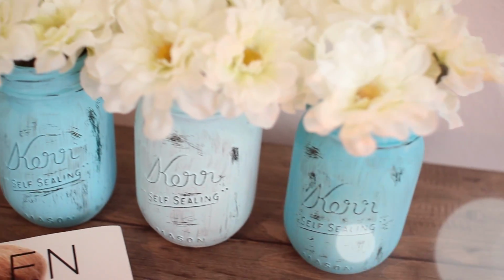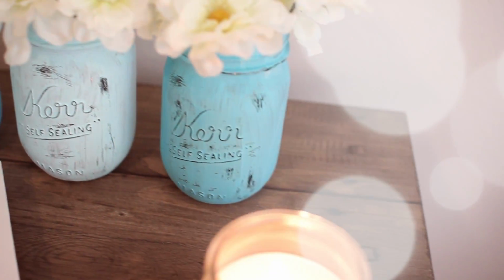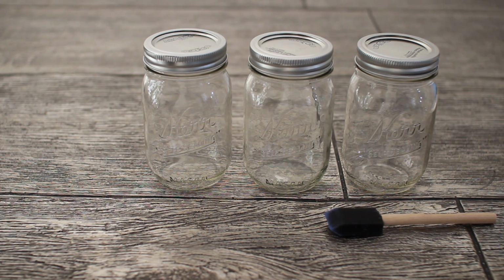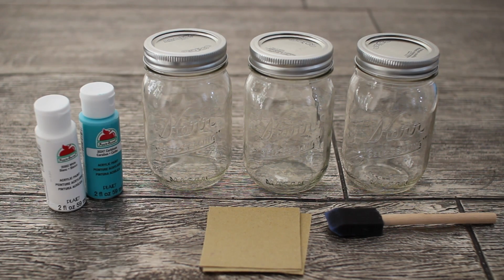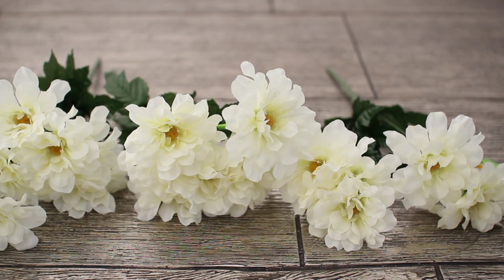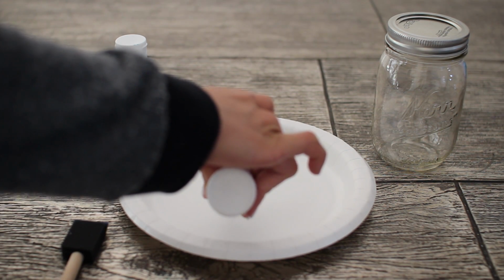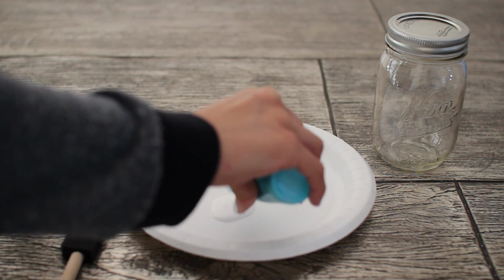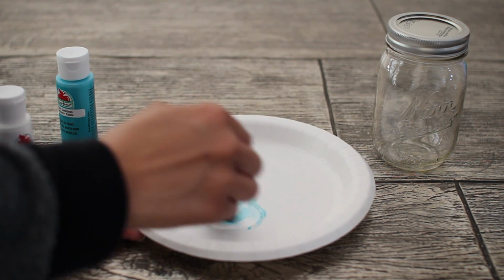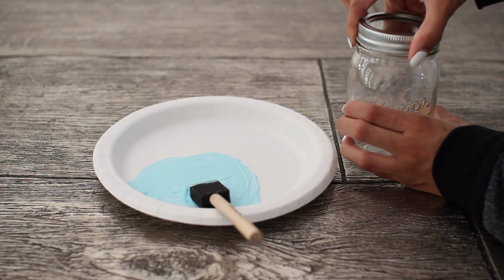Starting off with these rustic mason jars, here's what you will need. 3 mason jars, a foam brush, sandpaper, white paint and the color of your choice, I chose blue, and some flowers. Starting off, just take your white paint and your blue paint or whatever color you chose and mix that together to create the lightest color out of all the 3 mason jars because you kind of want a little